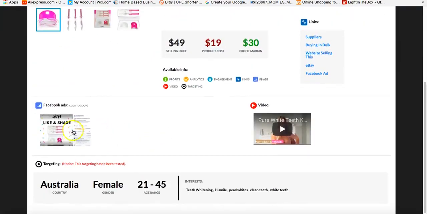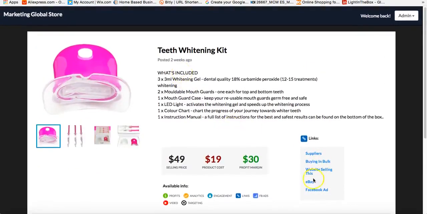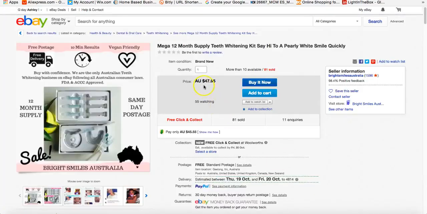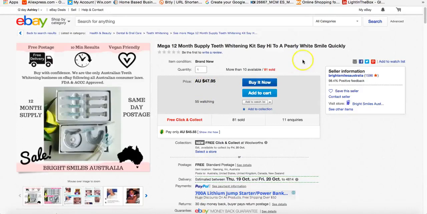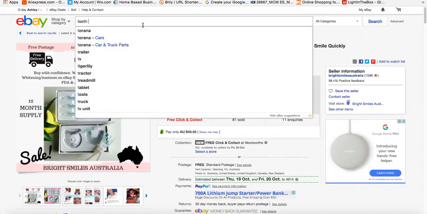So again, it shows you it's very popular on Facebook. Again, let's have a look at it on eBay. People selling this on eBay. Okay, so this person here is selling for $47 with 81 sold. So just remember, when we're selling products, again, if we look at teeth whitening kits,